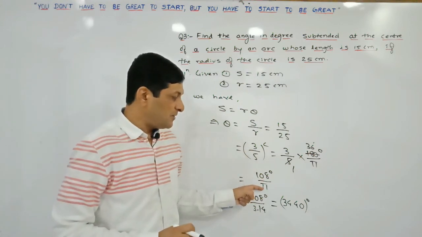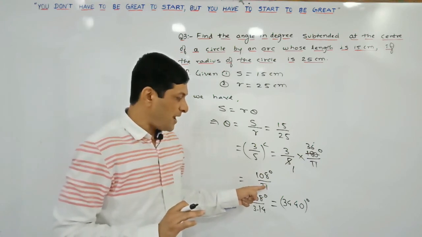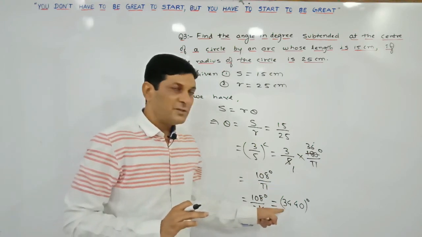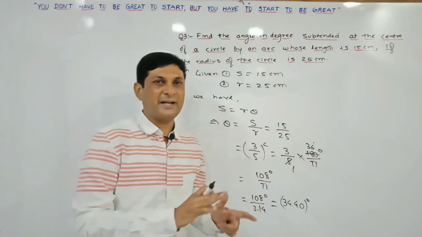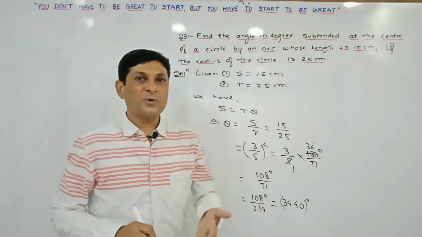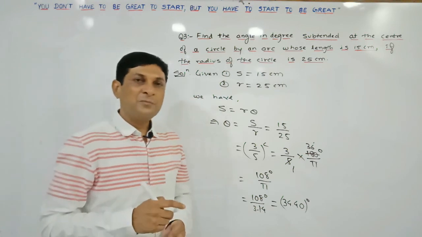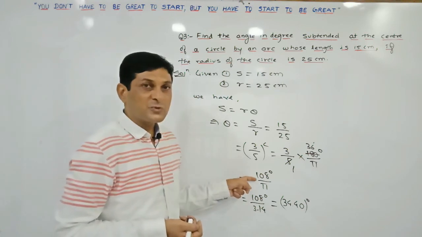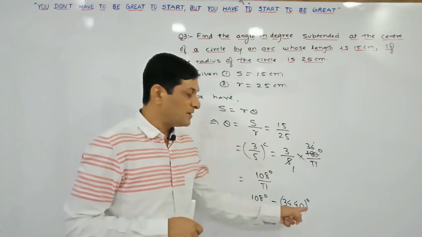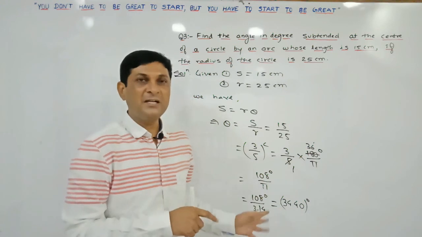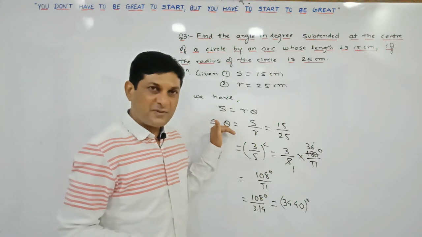If you keep your answer in this form also, you will get full weightage, or if you substitute the value of pi as 3.14, whatever result you get, this answer is also considered as what? Correct answer. But whenever we are solving an objective type question, it may be possible that the answer is given in terms of pi, or it may be possible that pi is replaced by what? 3.14, and we will get a new value of theta in decimal form. Is it clear? So in this way we are finding the value of theta in degrees.